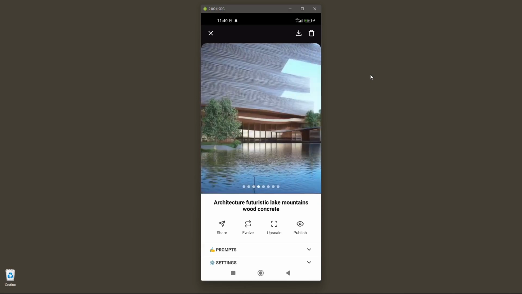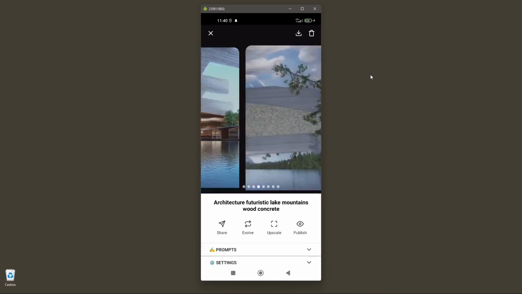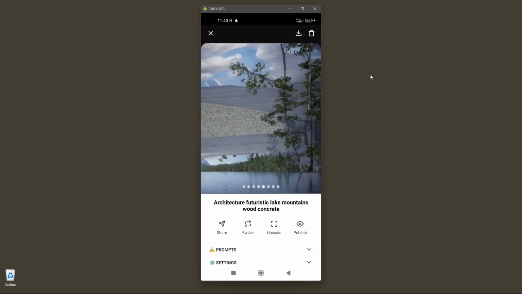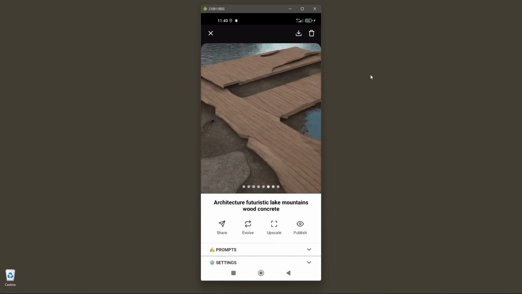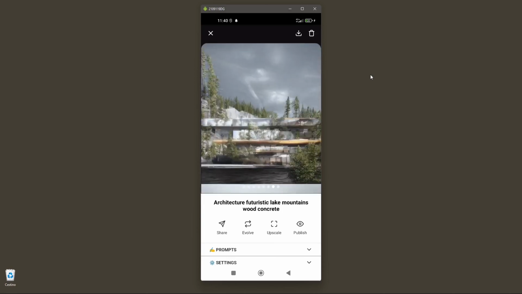So I think these are beautiful images. They're going to open your mind, and you can take what's best here and use it for your projects. Also, this view here is not bad. Well, this is not your final project, it's not the final image, but you can start from this and